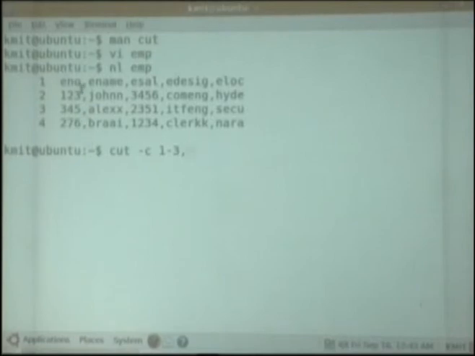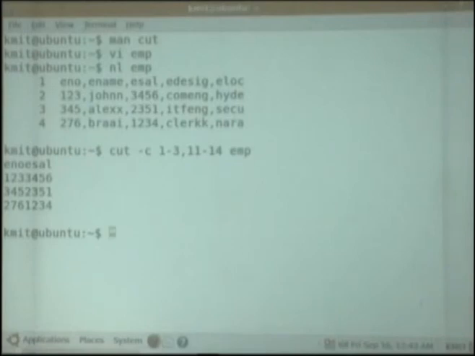Then again 4, 5, 6, 7, 8, 9, 10 I want to skip, 11 to 12, 13, 14, that's all, on emp. So it has given employee number and employee salary also.